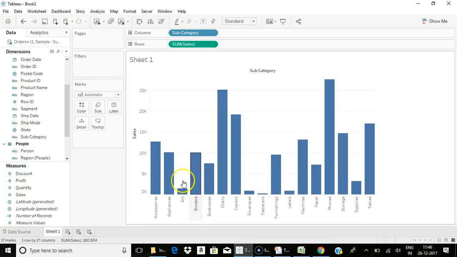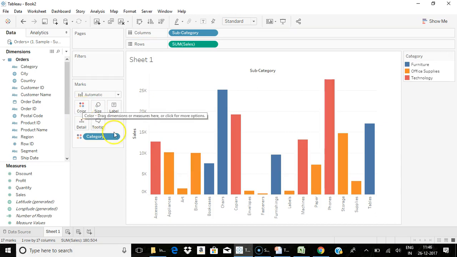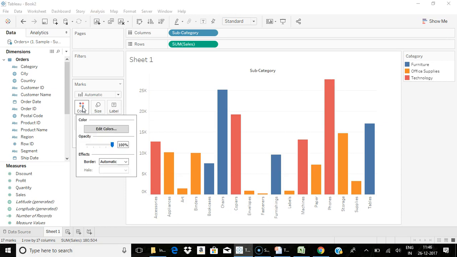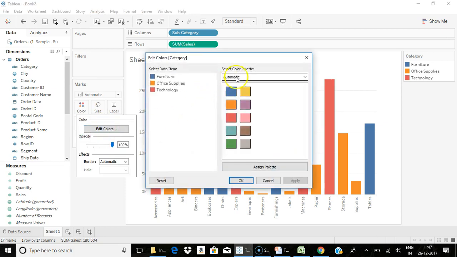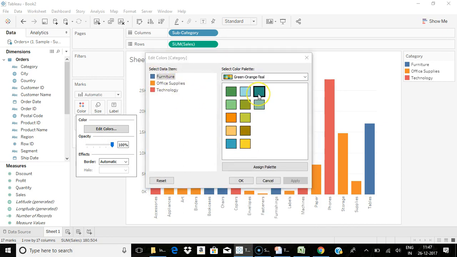For example, if I want to introduce colors to this graph based on category dimension, I just drag this category dimension and put it on the colors. So my visual is now colored based on the dimension I have placed on the colors tab. I can also edit the color by clicking on the colors, edit colors. There are various color palettes, so I can choose a color palette and define a different color.